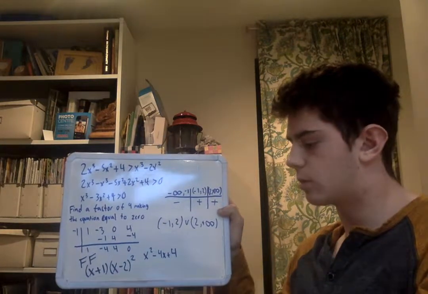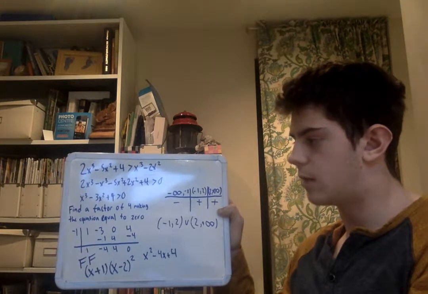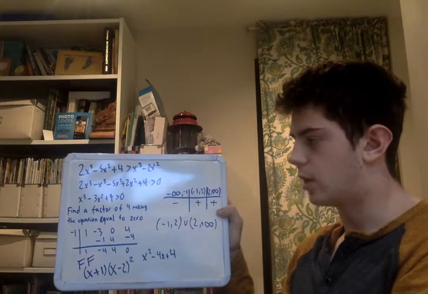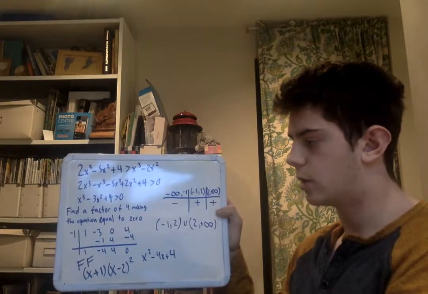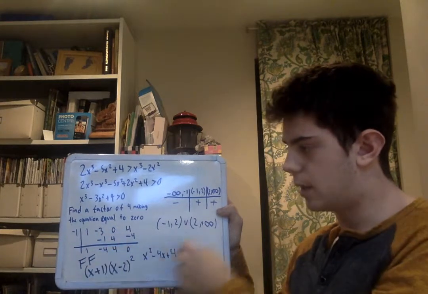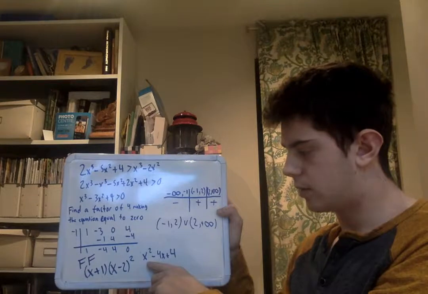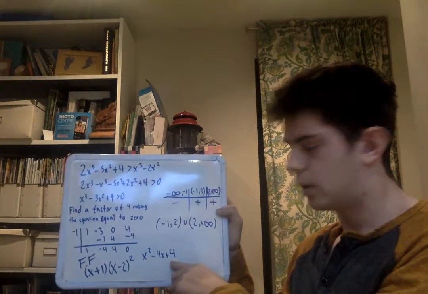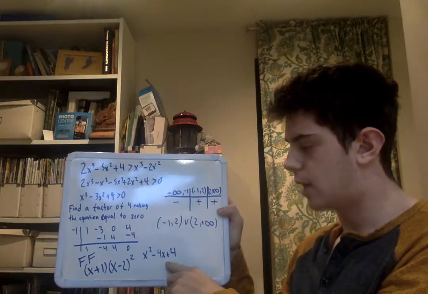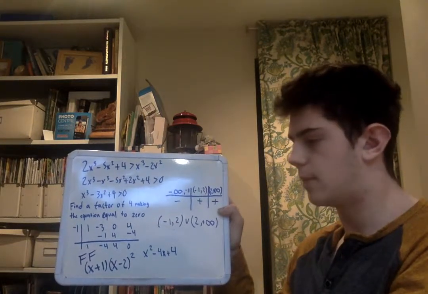So after putting in my factors into the x values, I found that negative 1 was a factor of this polynomial function. So after doing synthetic division, I simplified it down to a degree 2 polynomial, and once I factored this, I found that it only had a factor of 2, meaning that it must have